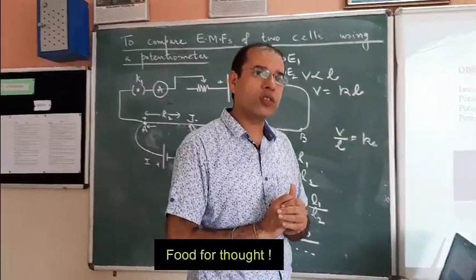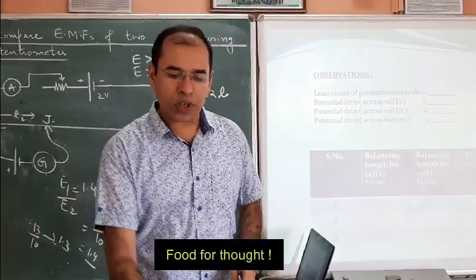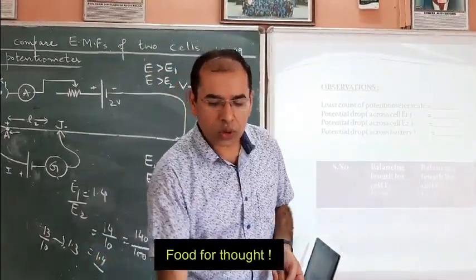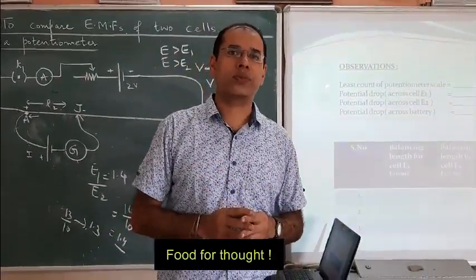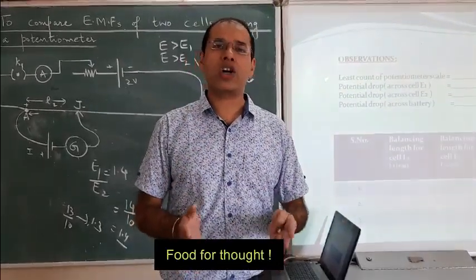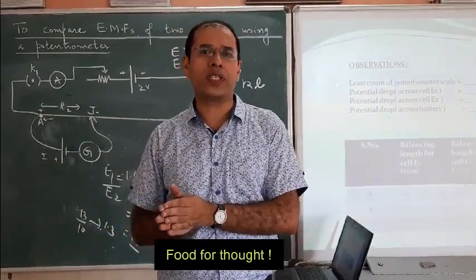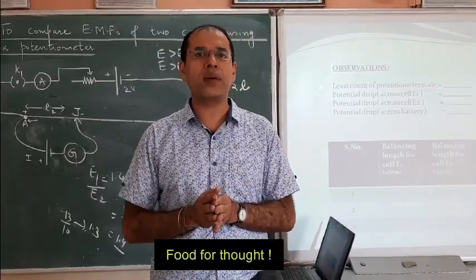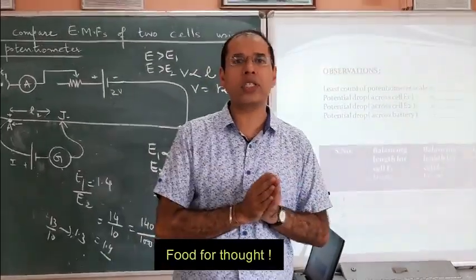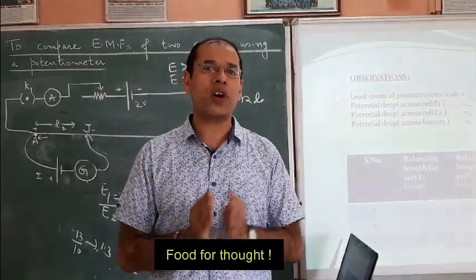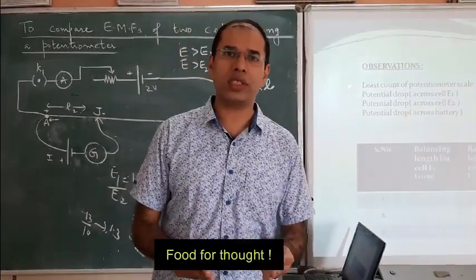One important point I would like to discuss, this is not a precaution. I would like to ask you, it is said that when these potentiometers are made, the wire used should not be made of copper. Why is it so? Generally, it is said that copper has a high temperature coefficient of resistivity, due to which if it gets slightly heated up, the resistance changes by a very large amount. So we prefer to use manganin and constantan because they have a low value of temperature coefficient of resistivity. So their resistance will not change much when the temperature changes.